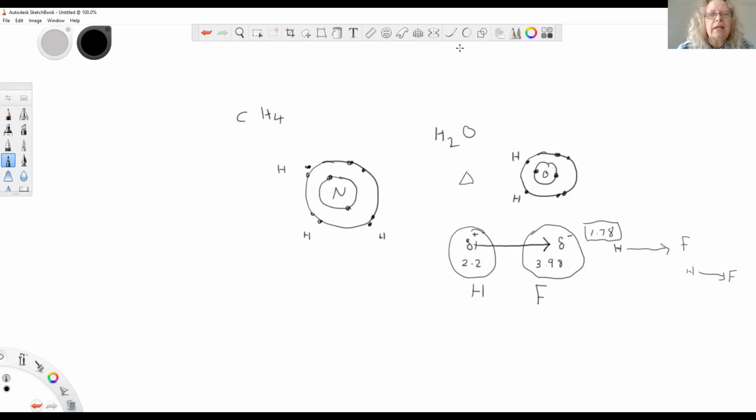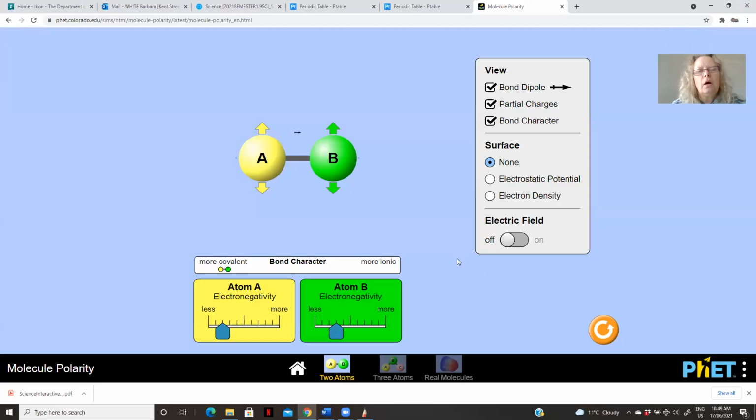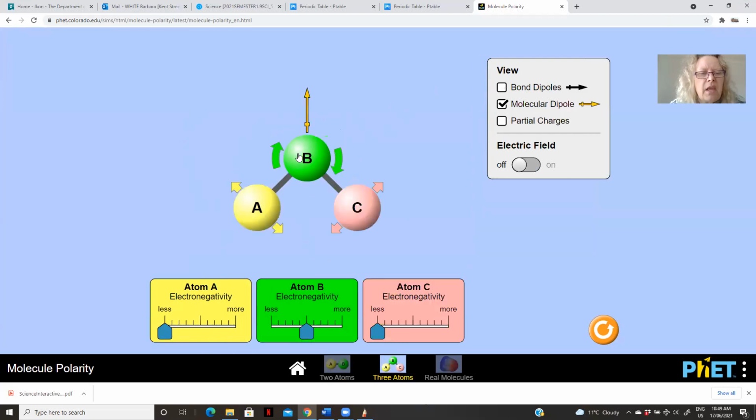Now, there's also an interactive that I want to see if I can drag up and show you. Hold on. All right, so this here, I don't know how useful it is, but I saw it and thought it might help a little bit. So if atom A is less electronegative and atom B is more electronegative, like hydrogen or fluoride, you're going to get more electronegativity down this end. We can't put numbers in there, so we can't actually see real molecules. There's this here that says 3 atoms, and